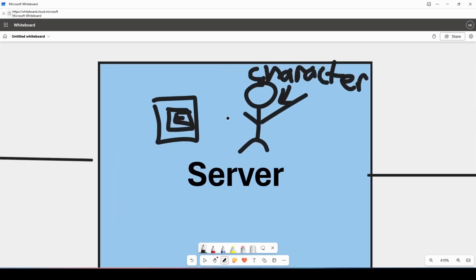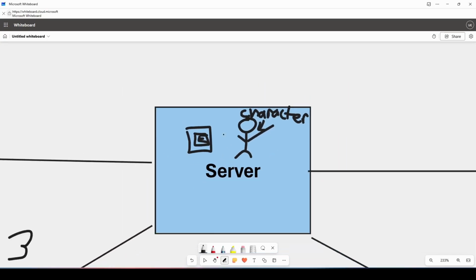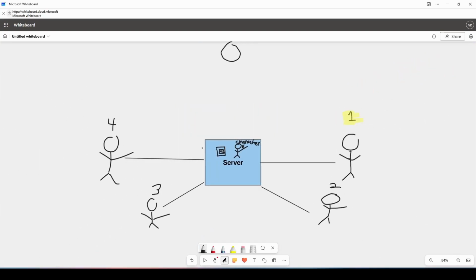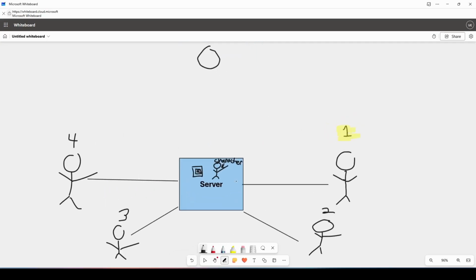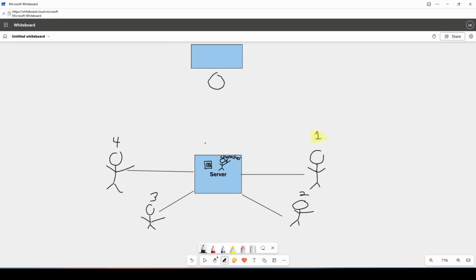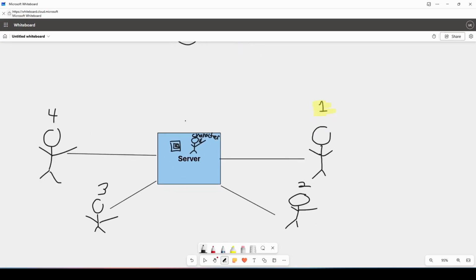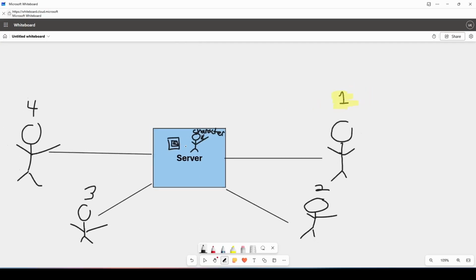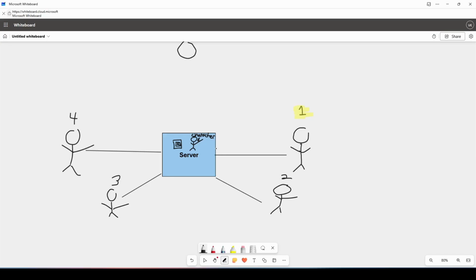Okay, so whenever a character inputs E next to a proximity prompt, the server will get a signal that the proximity prompt is initially activated, and then it's going to see who actually activated the proximity prompt. That's really specific to this scenario because of the features that a proximity prompt allows us to use. But anyways, since we know which player used the proximity prompt, we're going to send a message only to player